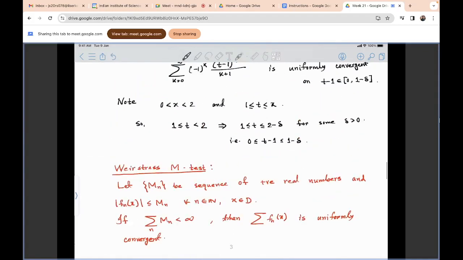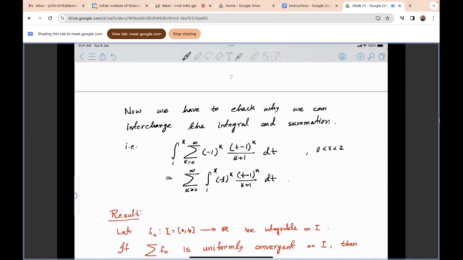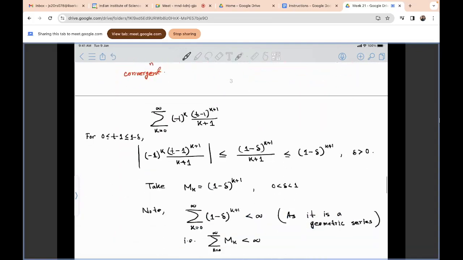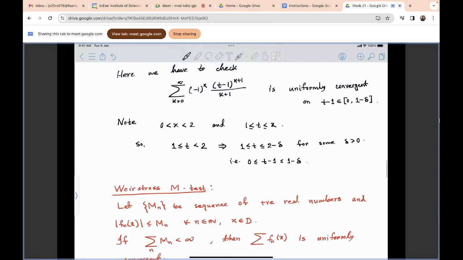So therefore, by this result, we can interchange the limit and integral, right? Okay. So therefore,